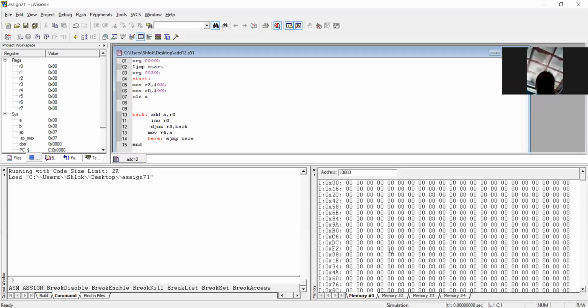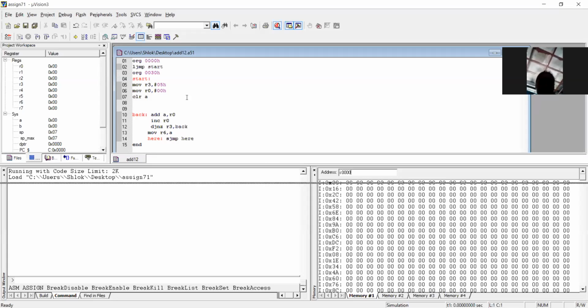Here I stands for internal memory, and 0000 is just an address, a memory location from your internal memory. Now you know that 4K internal ROM is there. Code memory and data memory are the two parts of your program.